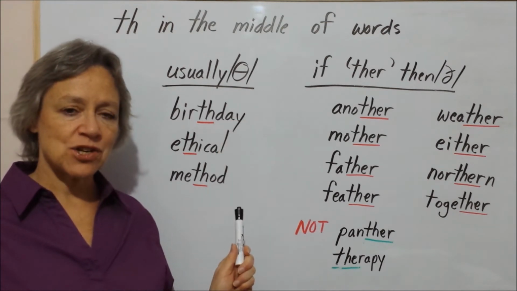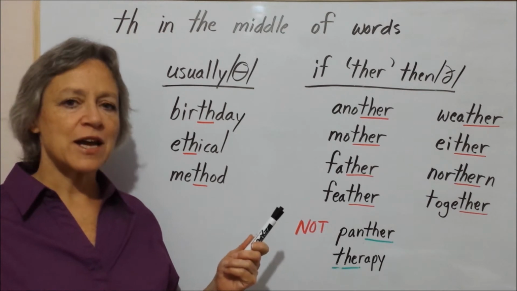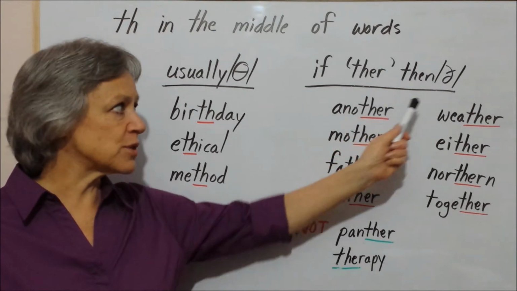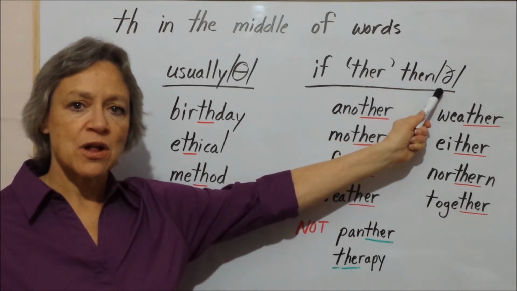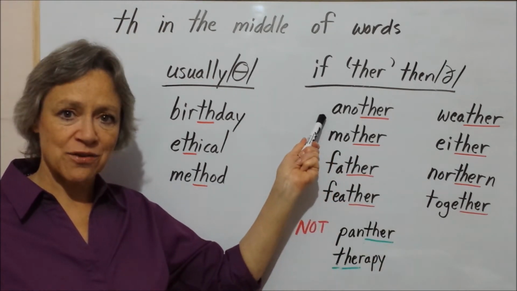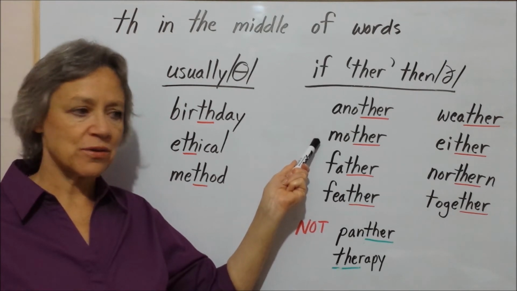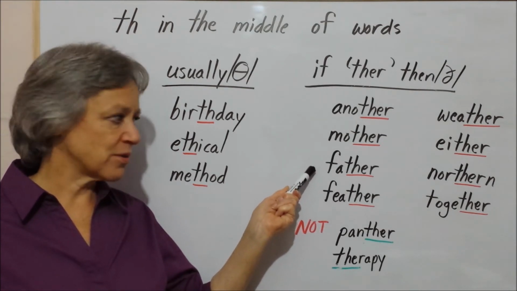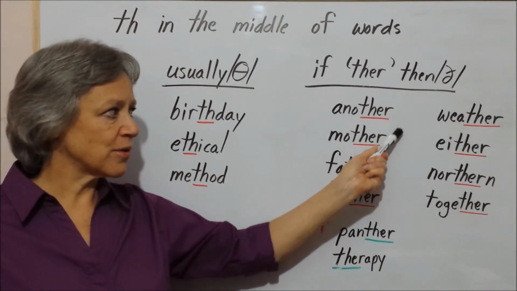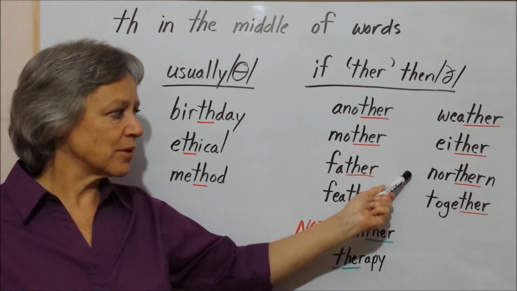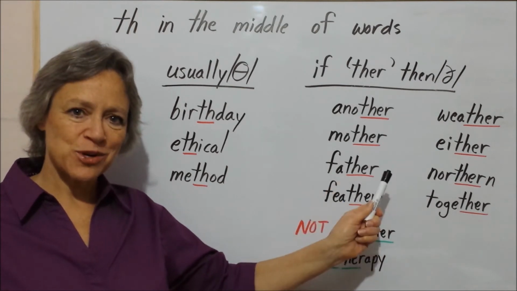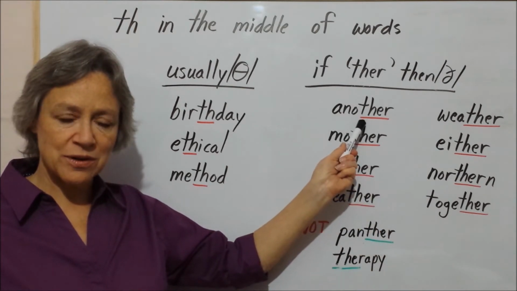However, if TH occurs in the middle of the word as part of the string THER, then it is usually pronounced with the voiced sound. And here are some examples. We have another, mother, father, feather, weather, either, northern, together. So in each of these words, TH is in the middle of the word, but it's part of the string of letters THER, and